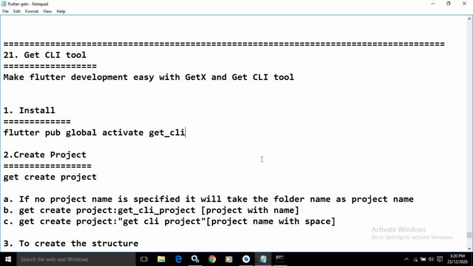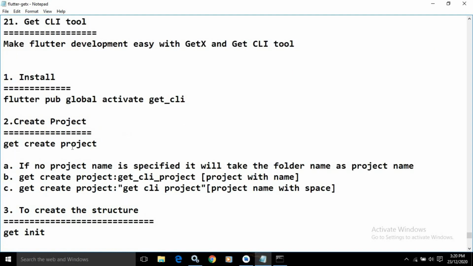Okay. Now the first command which we will use is to create the project. To create the project, we need to write get create project. Now here, if you are writing get create project and if you are not specifying the project name, then what will happen? By default, it will take the folder name as your project name. Means if you are creating the project inside desktop, then by default the project folder name will be